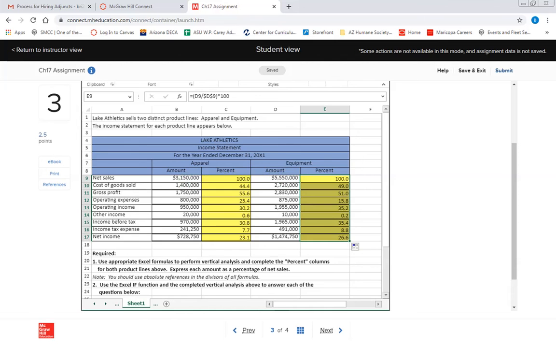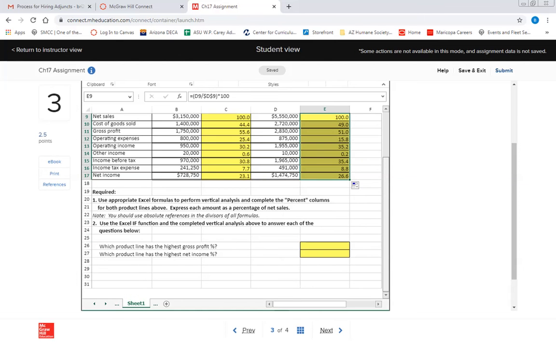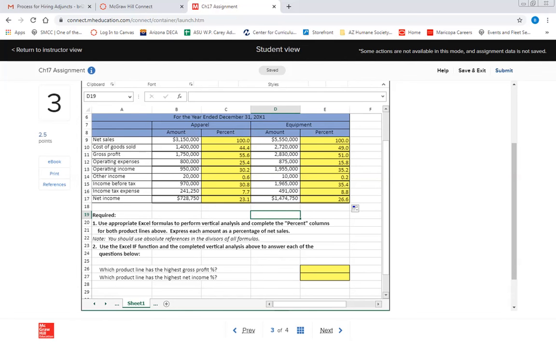It's all great to calculate these ratios and this information. It's another thing to be able to look at it and figure out what it tells us. So it has these questions down here. Which product line has the highest gross profit percentage? Well, this is really elementary, right? You just see which one is bigger. Is 55.6 bigger than 51? Yes, it is. So we would say that the apparel